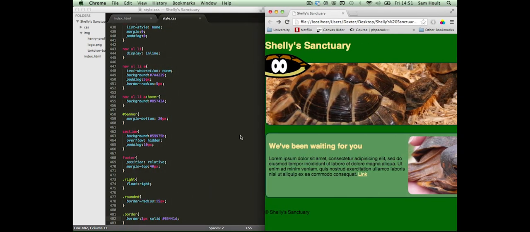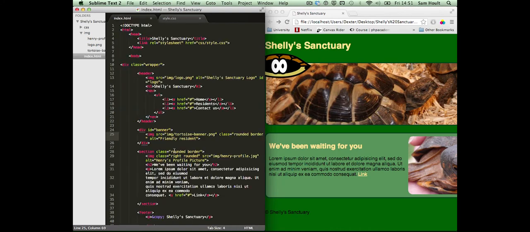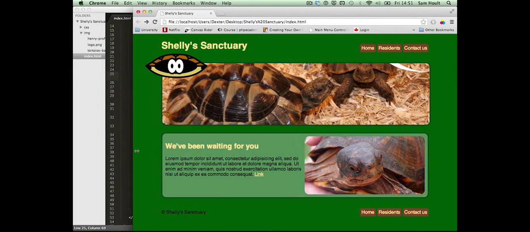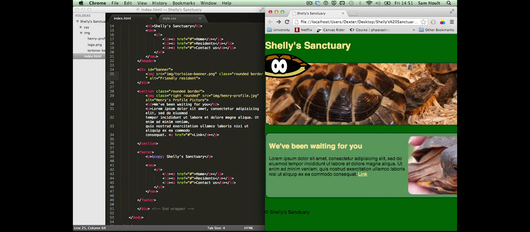Okay, well, we've nearly finished the first page. We've just got to style this footer a bit better. Really, it's not looking too bad if we bring it all the way out. Just perhaps we want to change this Shelly Sanctuary colour. The black's okay on here because it's working with a lighter green background, but here it's a bit much. So what we can do